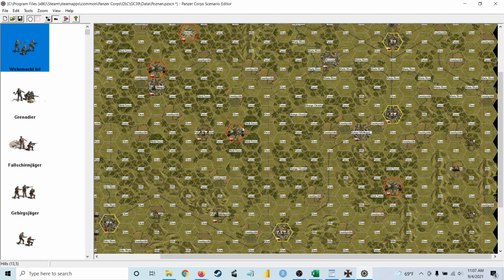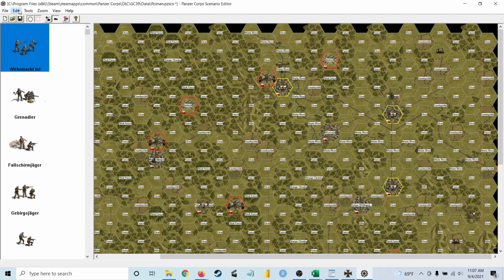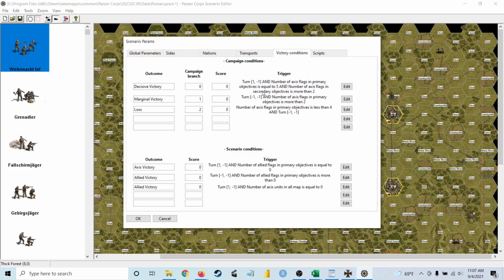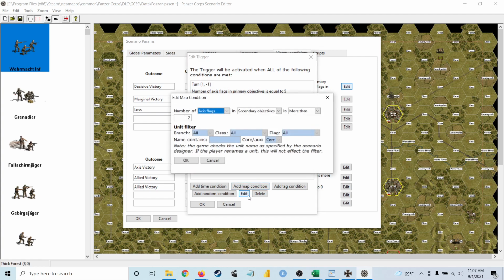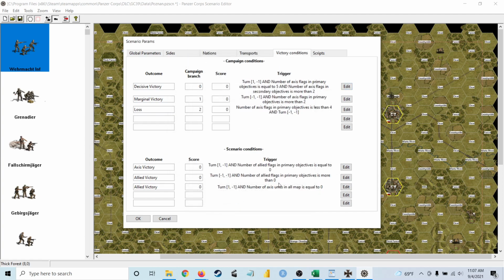Yeah. Okay. Thanks for helping me understand that. So yeah, you can go in and change that. You can edit these conditions. See that? So there's a lot of flexibility. I don't know if people are aware. You can change